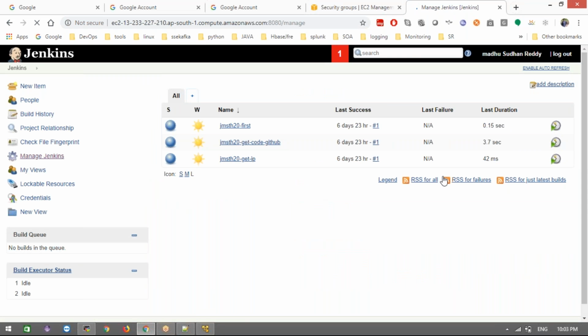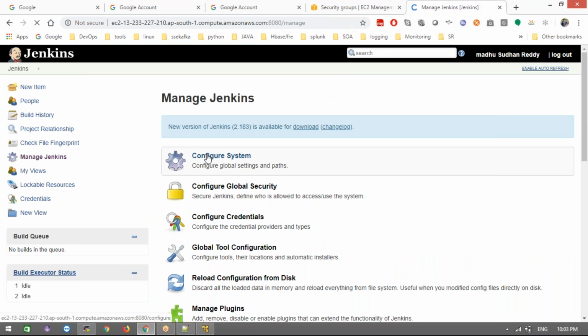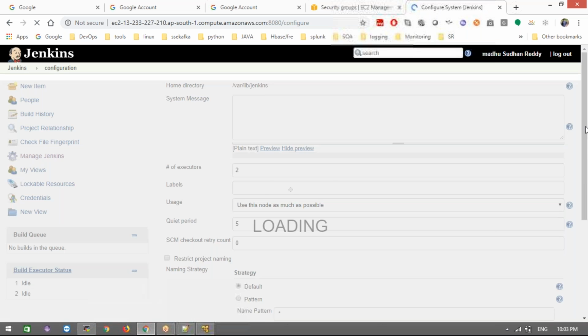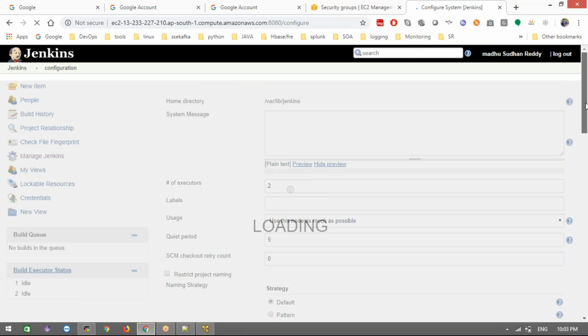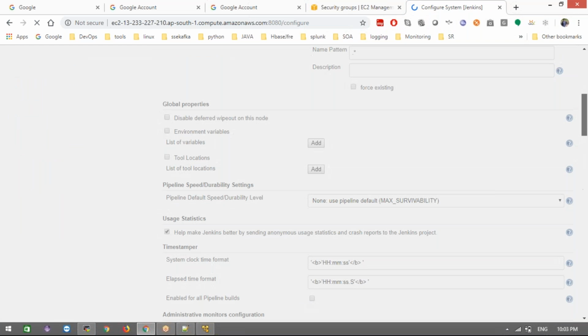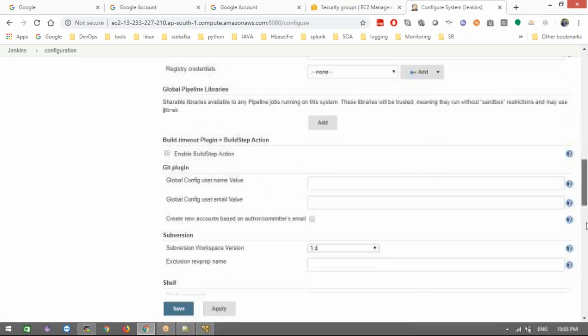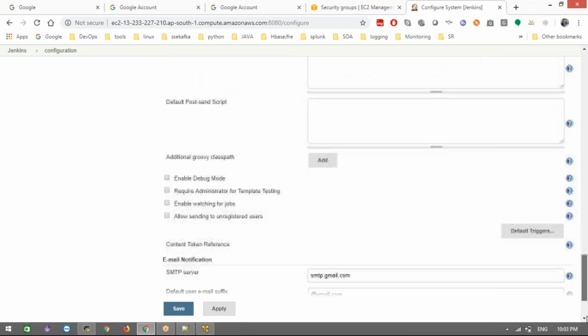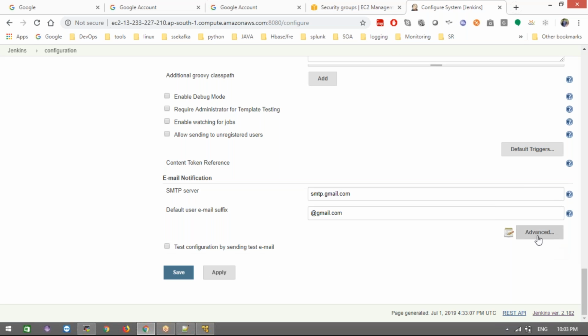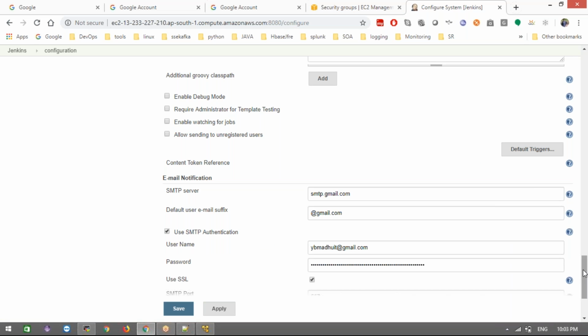Manage Jenkins. Guys, can you please get your Jenkins server ready? Anyone? I will show this hands on. Anyone now? Just start your Jenkins server. I will show it in your system.